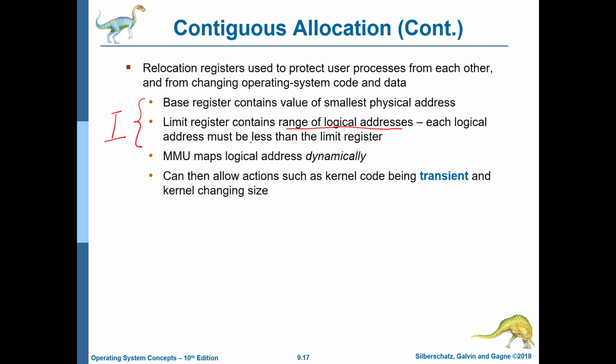And given that the MMU assigns physical addresses to logical addresses dynamically, it can allow actions such as changing the kernel size or something if it is possible to extend the region, but this is where there is a problem. Let us say that for a given process you allocate maybe 1 MB. It turns out that it needs 2 MB, but there is no space because the other contiguous regions are taken by other processes. Then there is a problem, right? You could have memory space that is free in other regions of main memory, but if it's not contiguously available, then there is an issue.